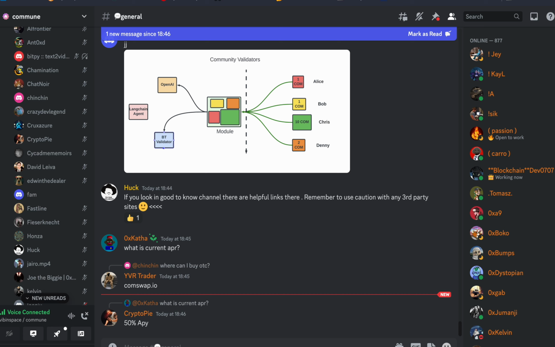Now, what if two people want to work on the same module? Or what if it's a team of people? What if it's 10 people? How do we distribute that trustlessly? Originally, one module would take it, and you would hope that that module owner, or the key owner, would divide that properly. Now what we have is profit sharing.